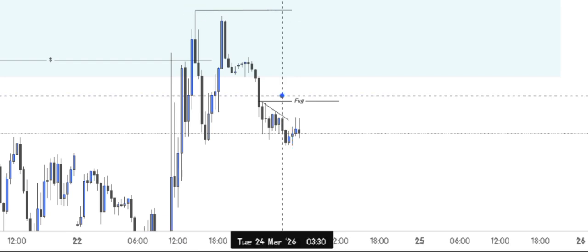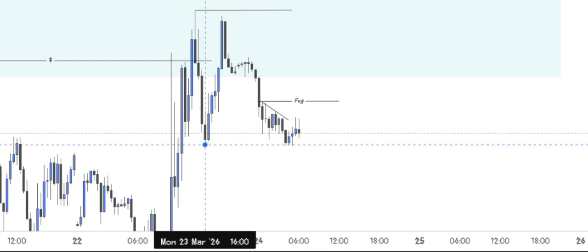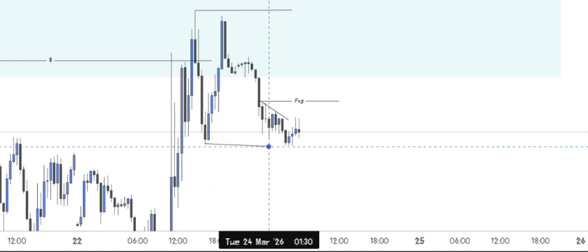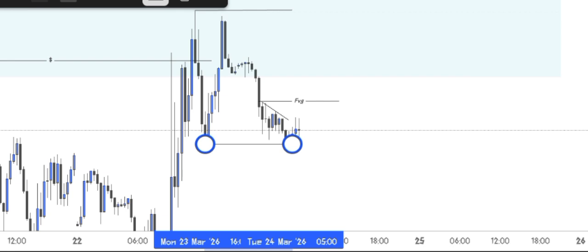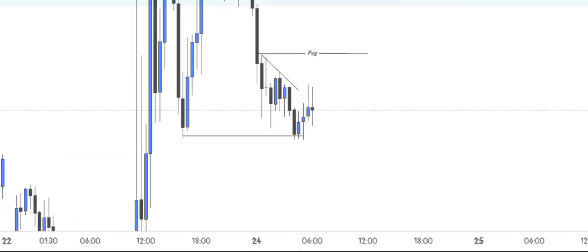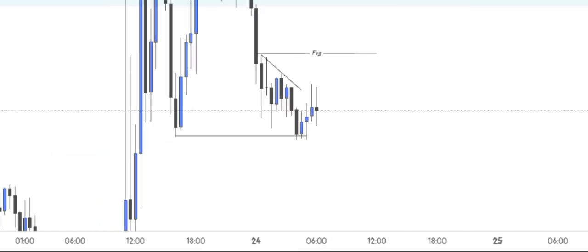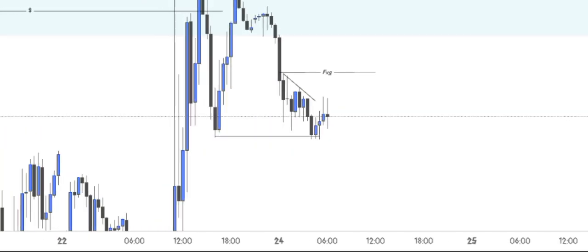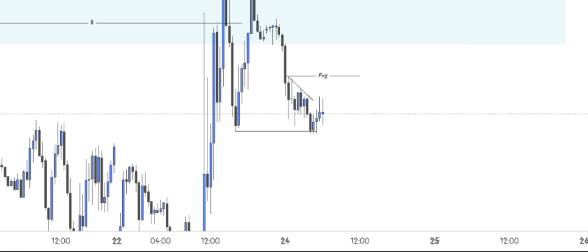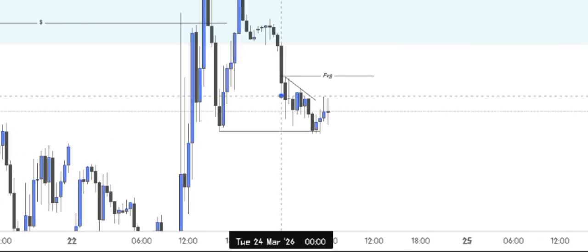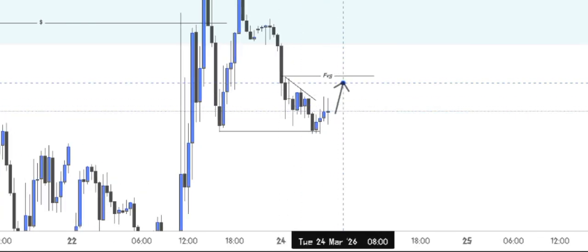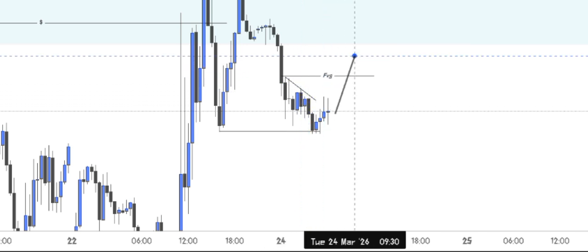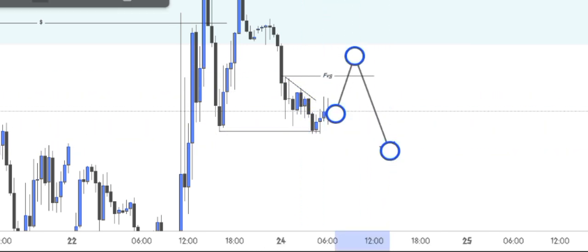So I'm anticipating, if price broke this low, which it has already done but it is weak. Let me straighten this line. If you can see, price actually wicked past it. So definitely price has actually flipped to downtrend already. So what I'm expecting is for price to go up there, taking all the Asia highs liquidity before coming down. So this is my logic.